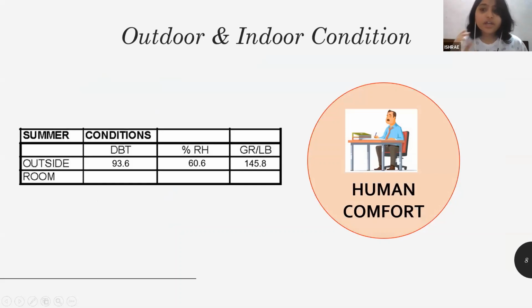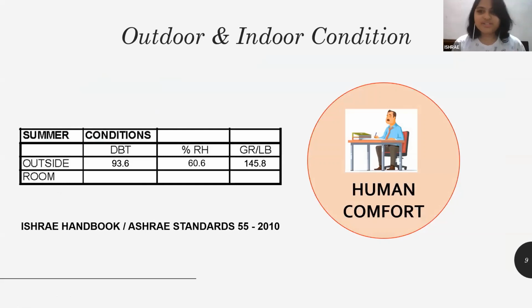Okay, next. Now that we are done with outside conditions, we are going to go ahead with the indoor condition. The indoor condition depends on human comfort. Now this human comfort is us. What is our comfort condition? The details have been mentioned in our ISHRAE handbook as well as ASHRAE Standard 55. And this particular human comfort is a range. There is a particular range of temperature and a range of relative humidity where a human feels comfortable. So it is perfectly in your hands what you consider to be a human comfort temperature or relative humidity for your design.